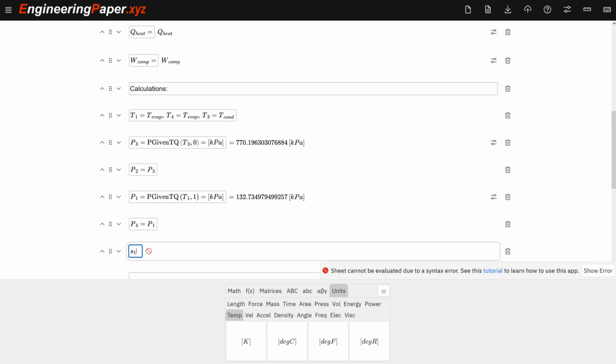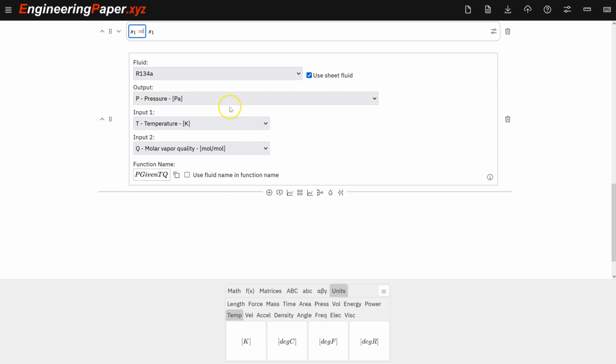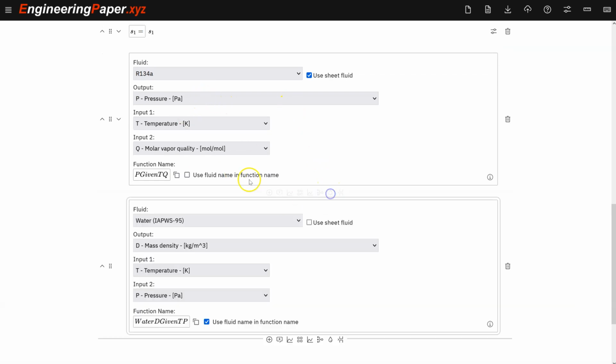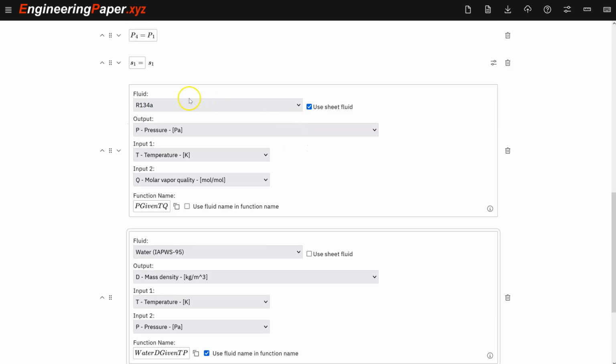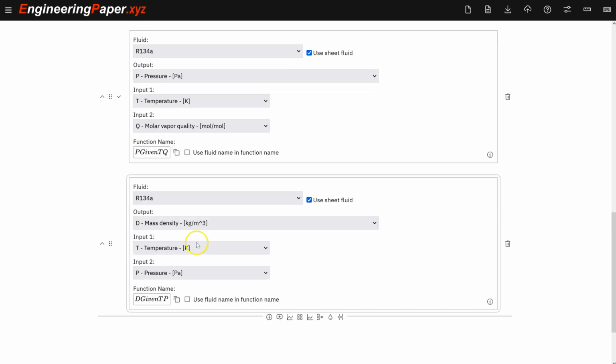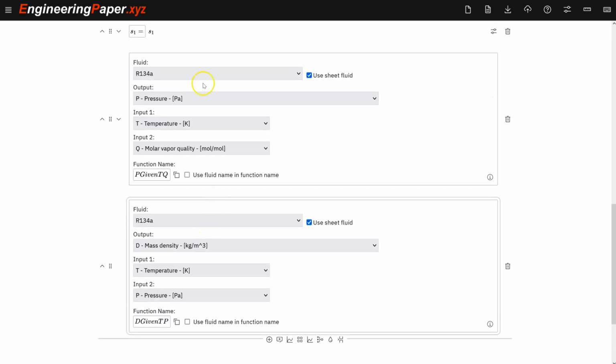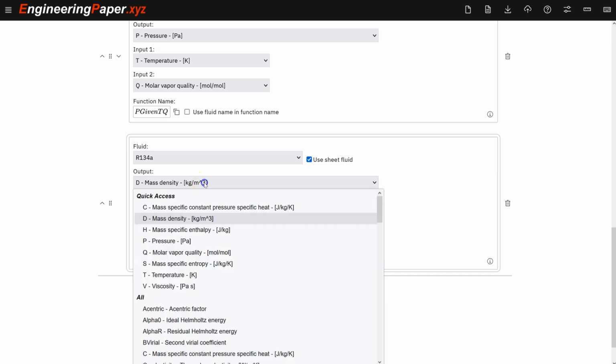So S_1 equals, so we need to define a function for this. Each of these functions, we make a new fluid cell. We can put these on the bottom of the page like I'm doing here. Now that I've selected a sheet fluid, I can click the sheet fluid icon and it'll automatically switch to that fluid I've already chosen. The benefit here is if I switch it in one cell, it switches in them all,